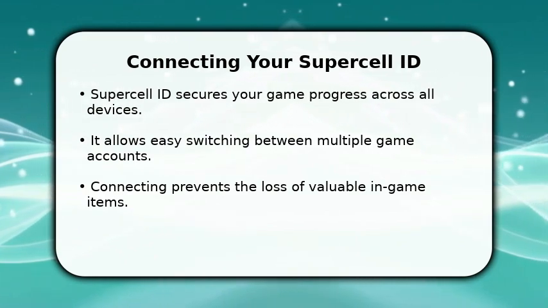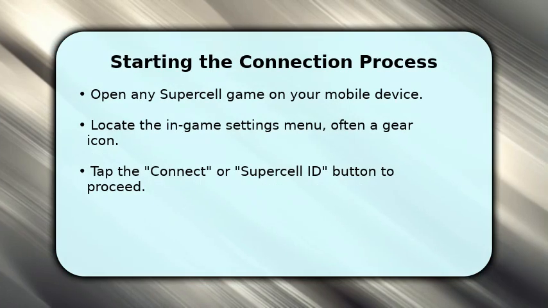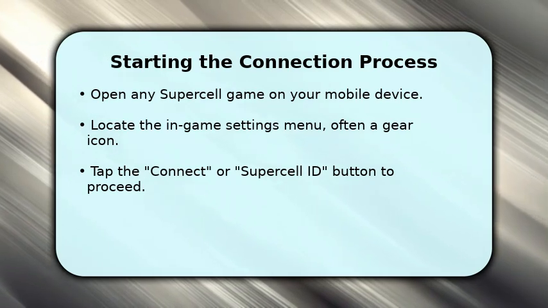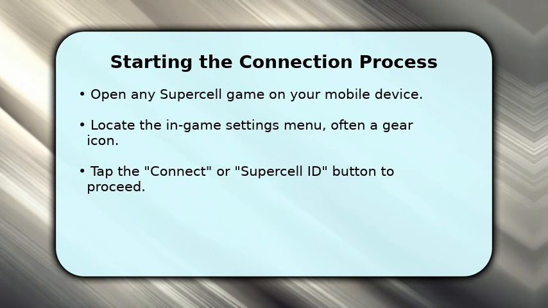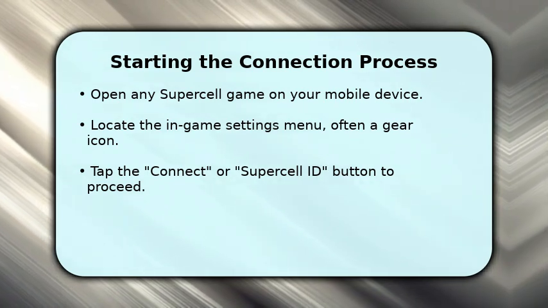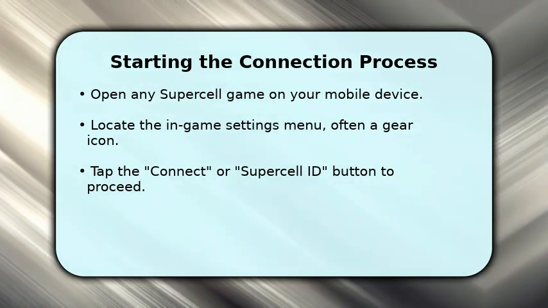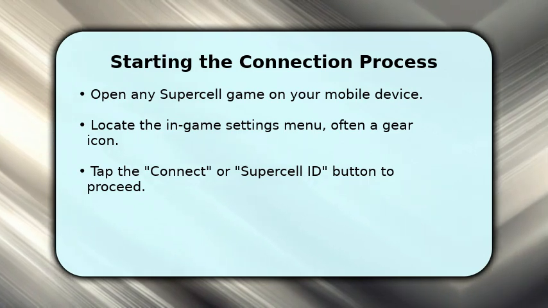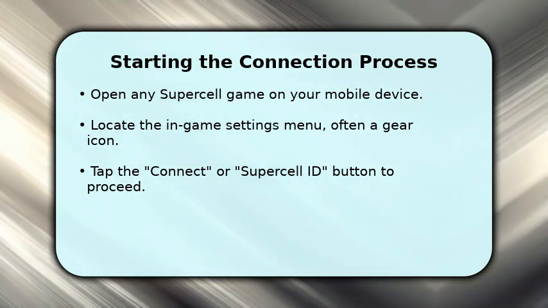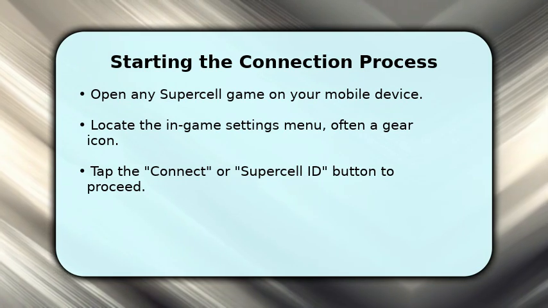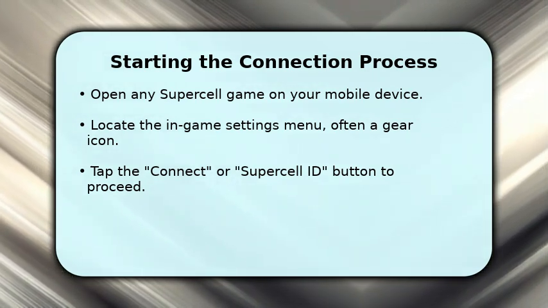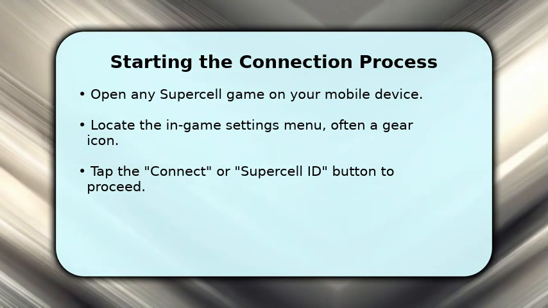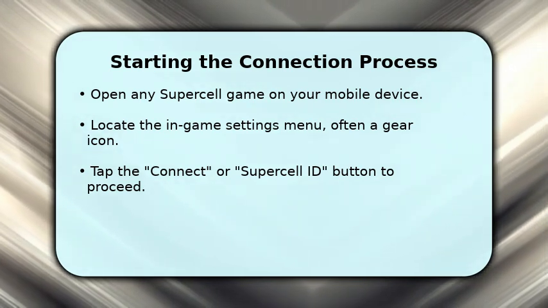always safe and accessible. To start, simply open any Supercell game you have installed on your mobile device. Once inside the game, navigate to the Settings menu, which is typically represented by a small gear icon. From there, you will see an option labeled Connect or Supercell ID. Tapping this button will initiate the connection process, guiding you towards securing your game data and unlocking the full benefits